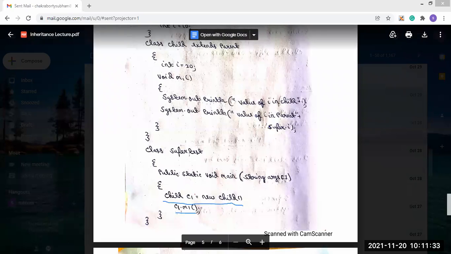We are calling the method. Each and everything in our Java, we want to access the M1 method. So how can we access the M1 method? If we want to access the M1 method, we have to create the object where this M1 resides. Now this M1 is residing in the class named Child. So this object would be,